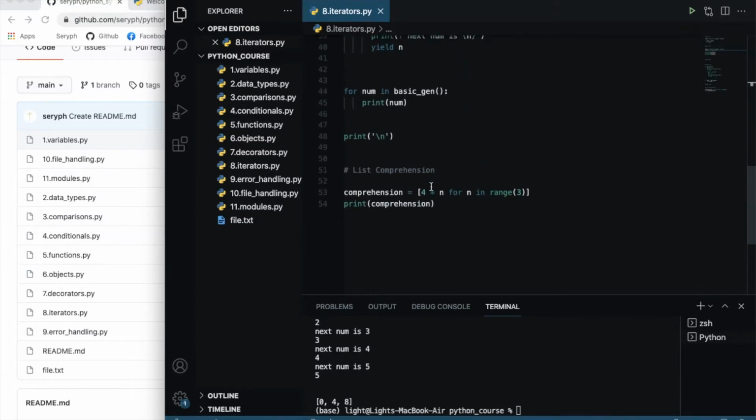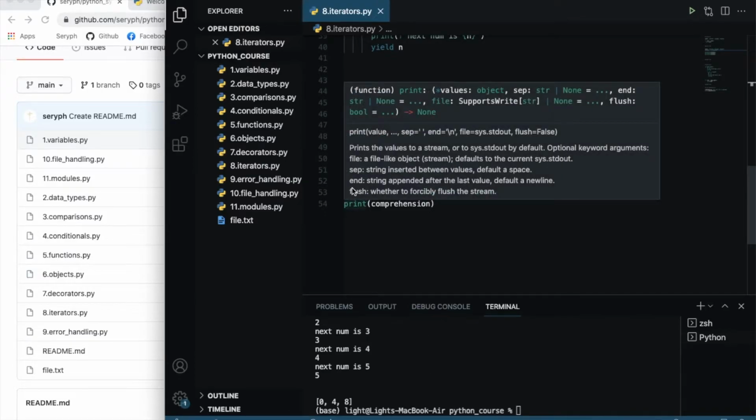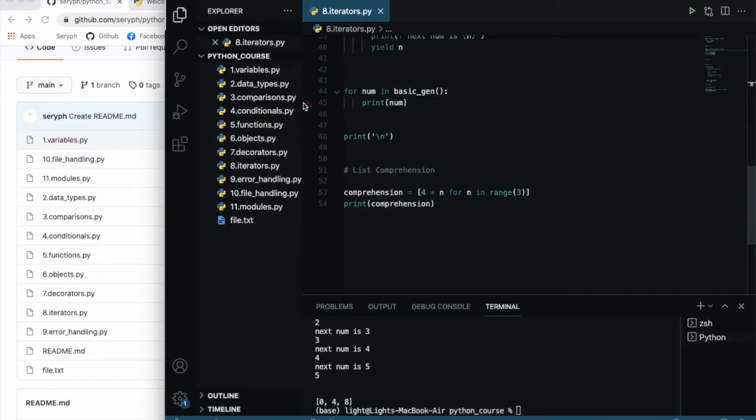Okay, and then finally we have something called list comprehension. And a list comprehension is just a really fancy way